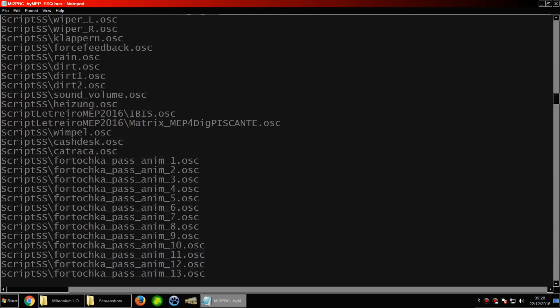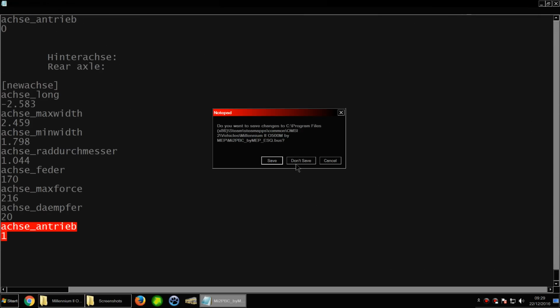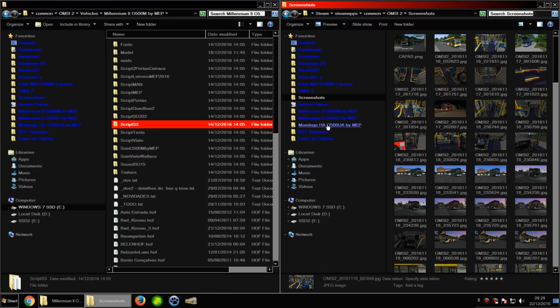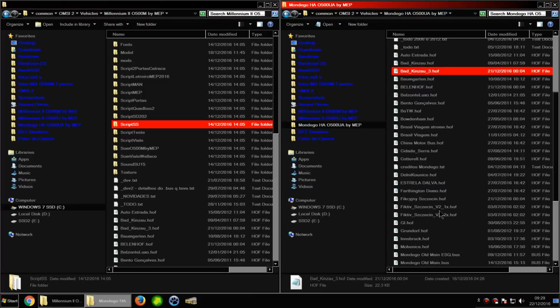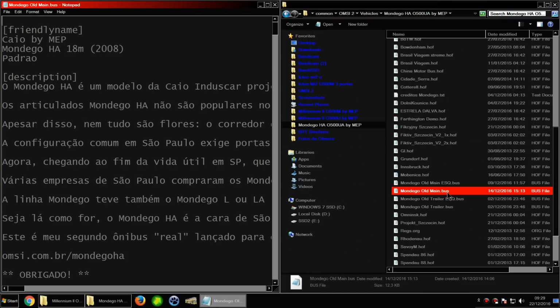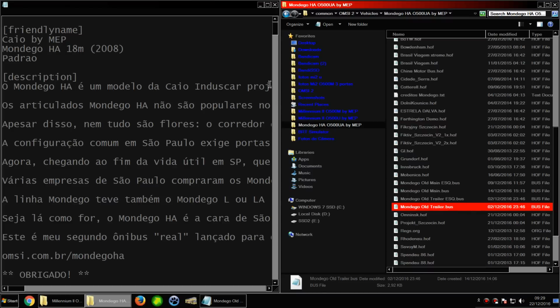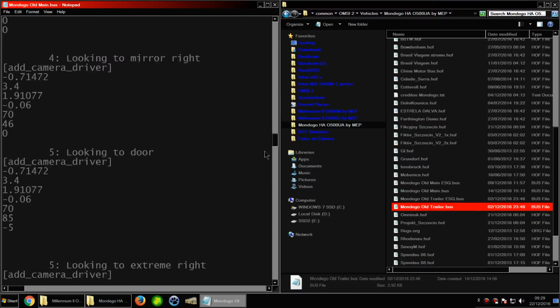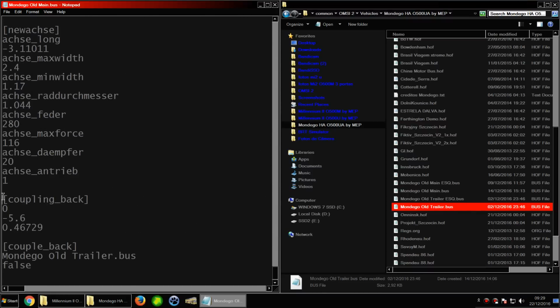So that's it. This is the main .bus file. If you have an articulated bus, you have some more definitions. Let's open the main bus. Articulated bus have two .bus files. The main is the front part and the trailer is the last part. The main file is the same except for this. At the end you put coupling back, which is the 3D coordinates of the point of junction where the bus will be joining the other part, and this couple back, which is the other bus